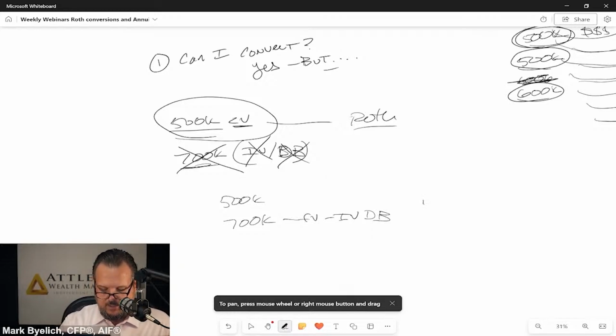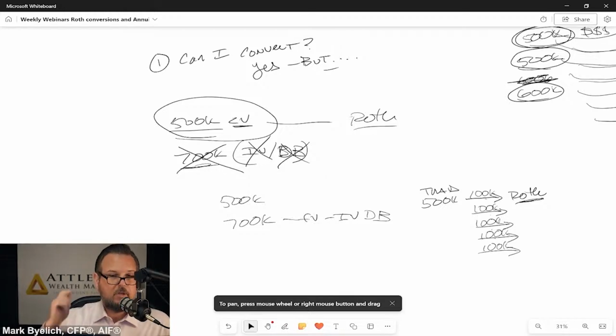So the $500,000 goes from traditional IRA to Roth IRA, but we do it over time. So let's just say 5 years, 1, 2, 3, 4, 5 years. So $100,000 a year. So what will happen there is it'll capture not only the $500,000, but also the difference in the guarantee. So when you're done, your entire $500,000 plus any growth you have along the way,